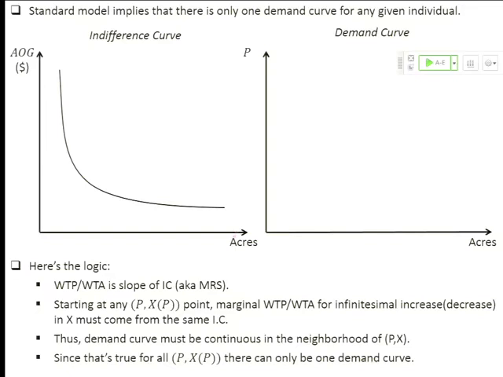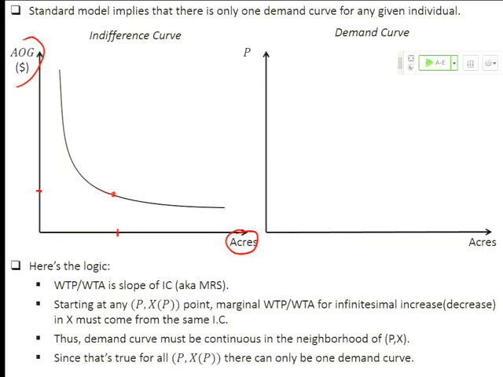In this case, one good is acres of wilderness forest land in units of 100 acres, and the other is the composite good, which we call dollars, right? It's everything else you could do with your budget, okay? And we have this idea that there's a utility function where I can plug in the number of units of forest you get and the number of units of money you get in an endowment and say, okay, this indifference curve is sort of like, as I add, if you imagine that thing on this plane, as I add acres of forest land or money, you go up the utility mountain, your utility level goes up.